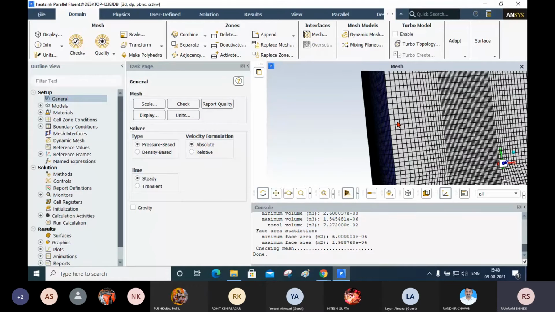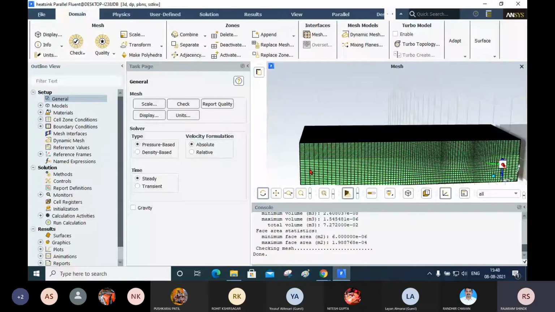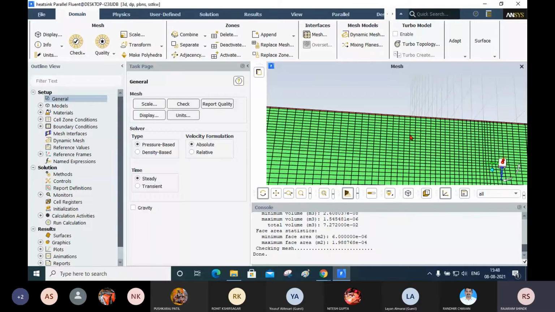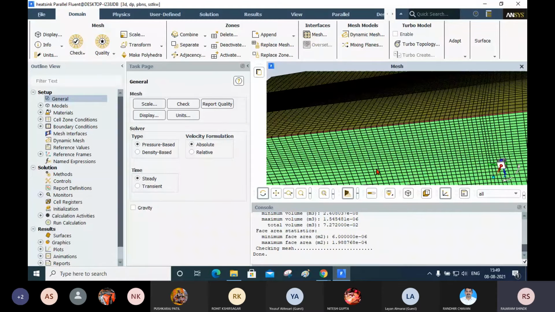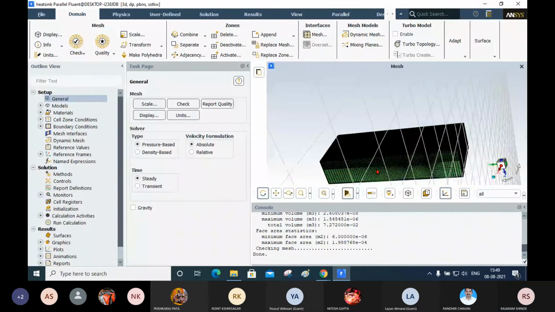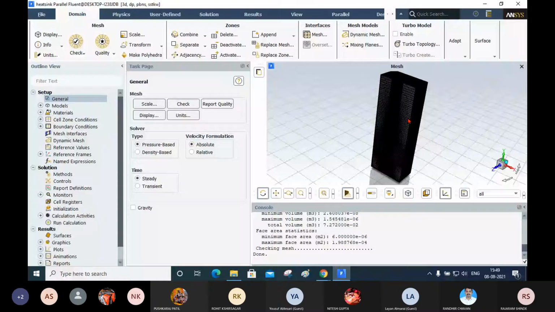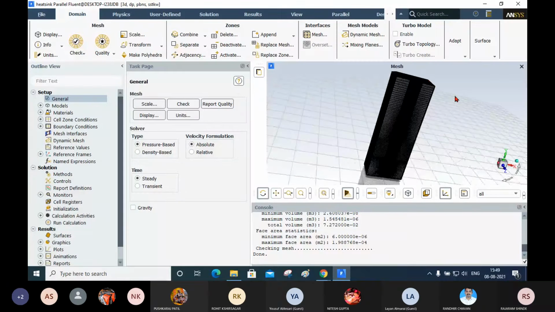Where is your PCB circuit? That is not visible. Where is the heat source? That is not visible. So I will make it in line mode. For that I will go to Display.